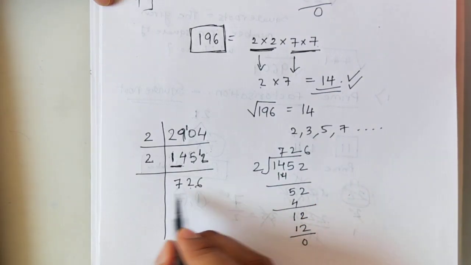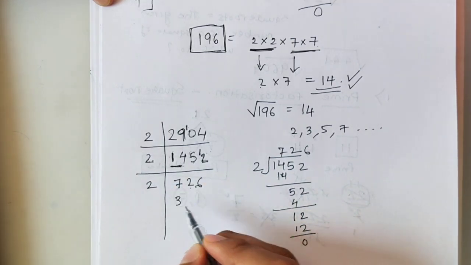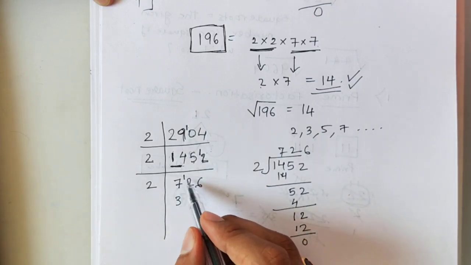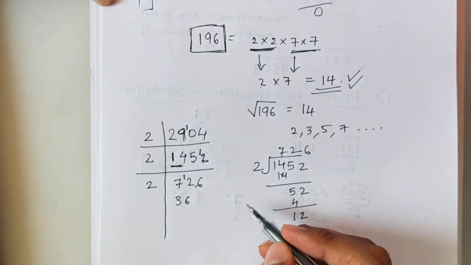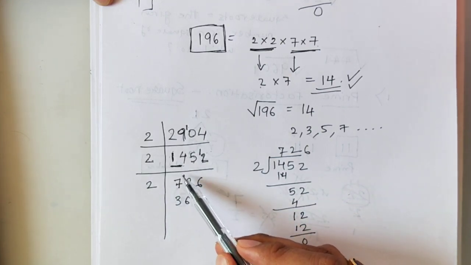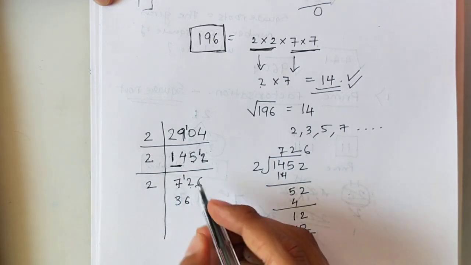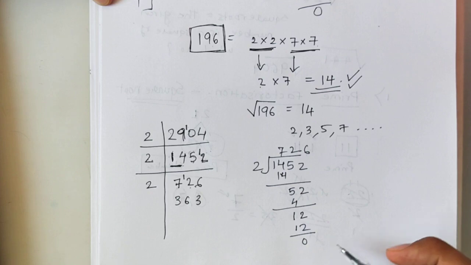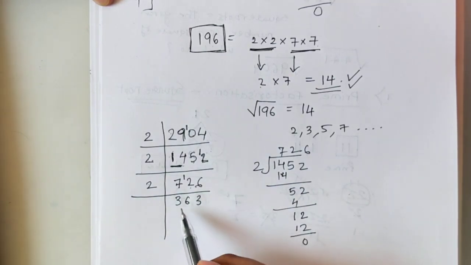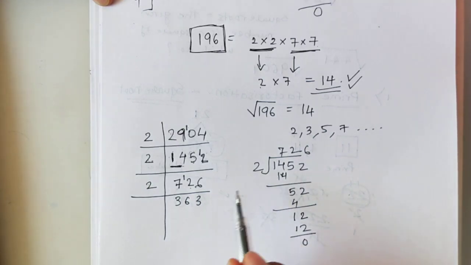Okay, so here still it is an even number. I know it is divisible by 2, so I'll write here 2. 2 3s are 6. Okay, so 1 will remain because there is 7 here. 12. So 2 6 are 12. First I did 2 3s are 6. 1 was remaining, carry forward here. Then 2 6 are 12. And how will I get 6? 2 3s are 6. So this is done. Now 363 is not divisible by 2.